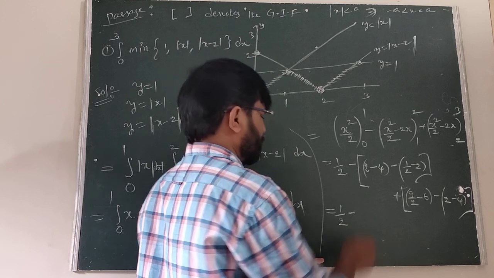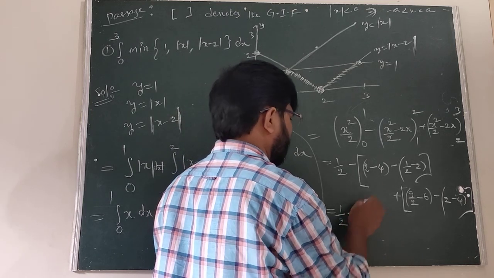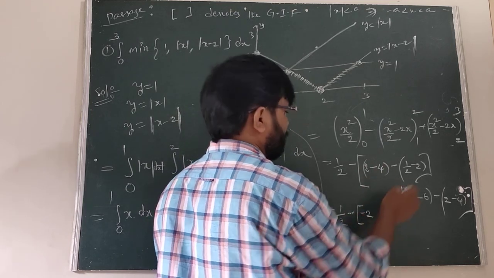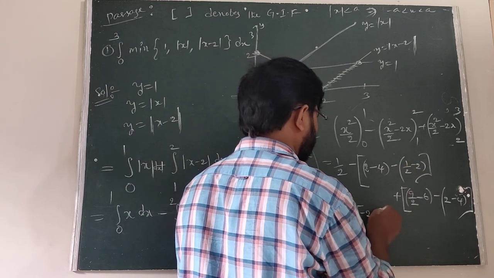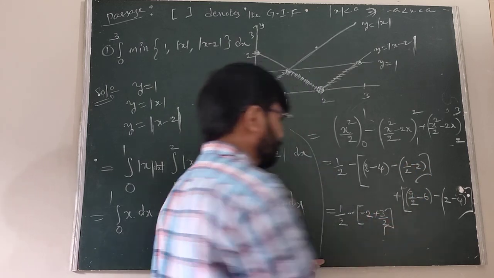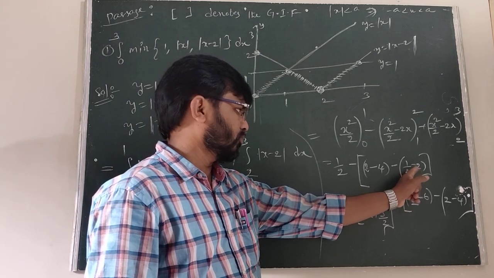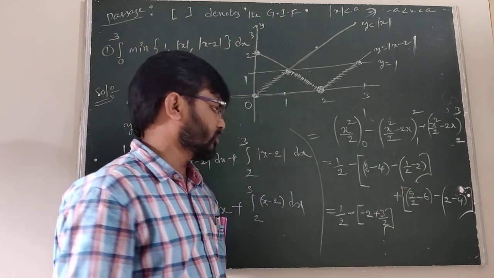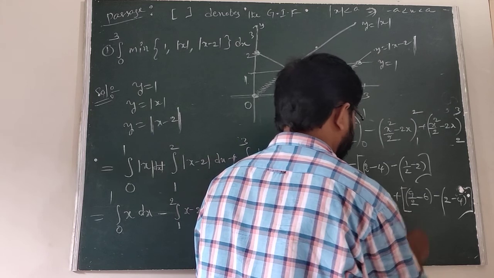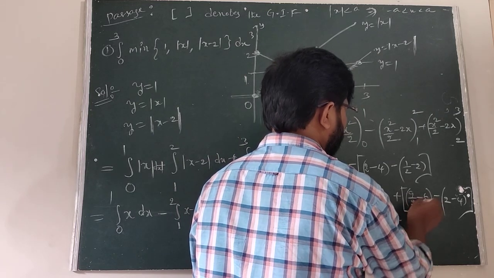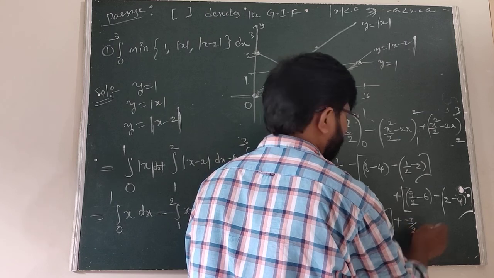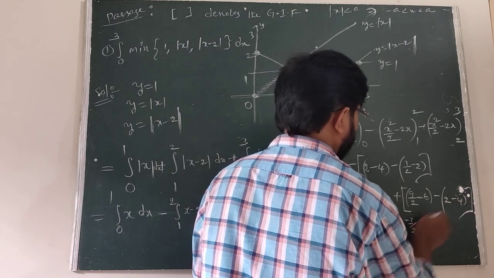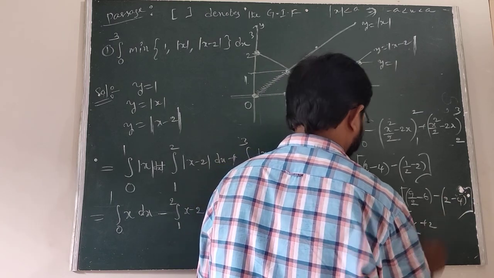After that, what is the value here? This is minus 2. Is that clear? 2 times 2 is minus 4, minus of minus, plus 3 by 2. Okay. 2 times 2 is minus 4. 1 minus 4 is minus, minus of minus plus. After that, 2 times 6 is minus 12. This is minus of 3 by 2. Now this is minus of minus plus 2.